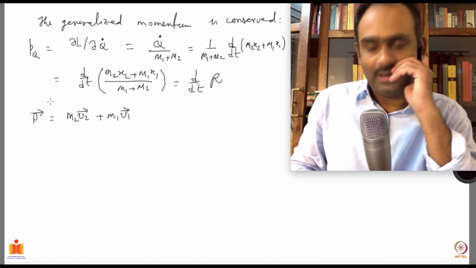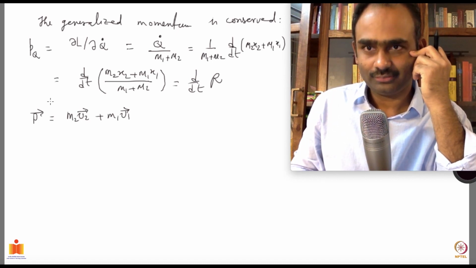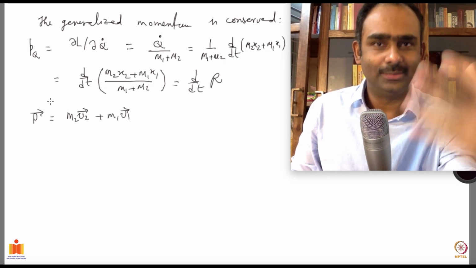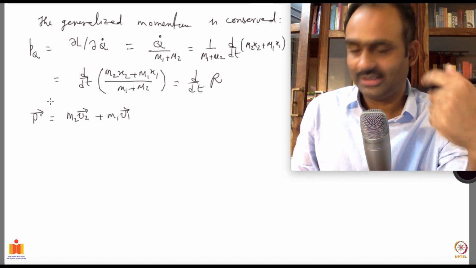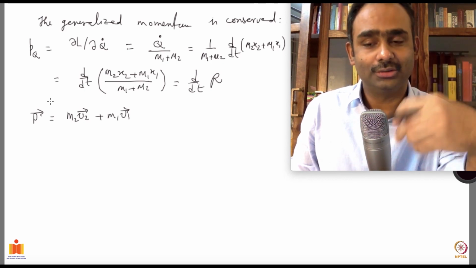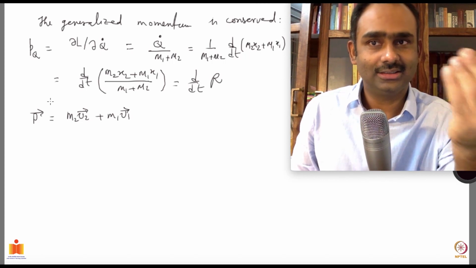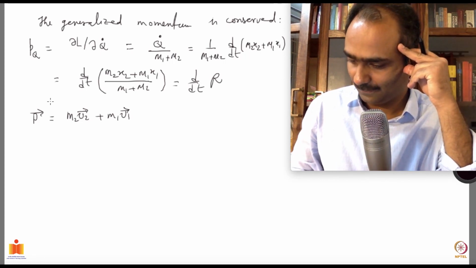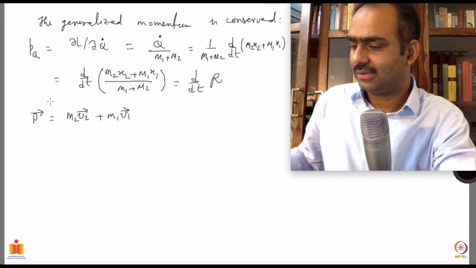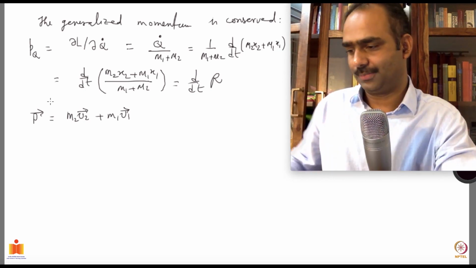Okay, that's one. But also we have realized that a good choice of generalized coordinates will make this apparent. And you will be able to make some of the coordinates cyclic, depending on what the situation is. Okay, let me say a little bit more about the coordinates q and capital Q.